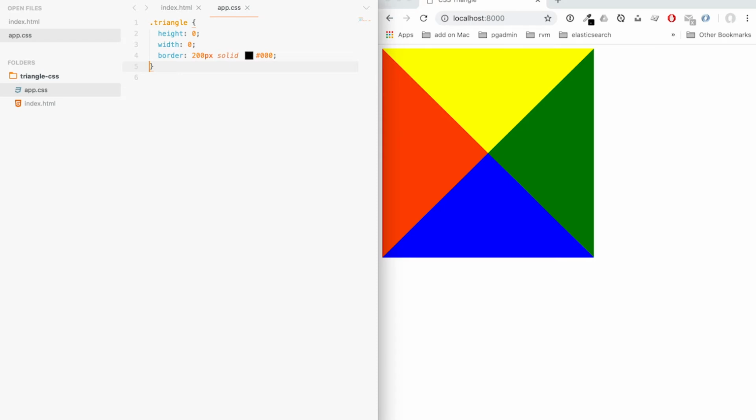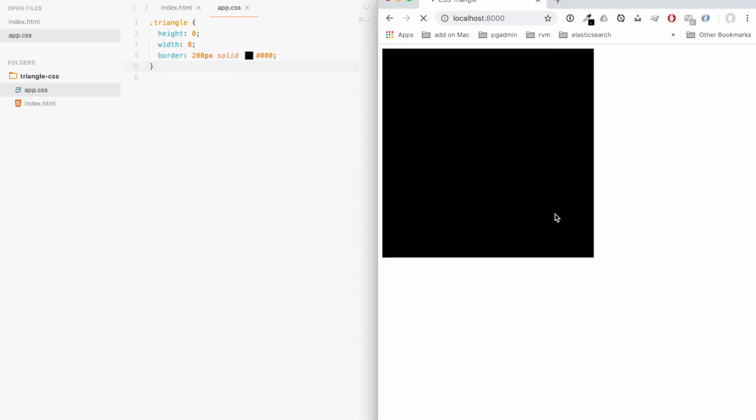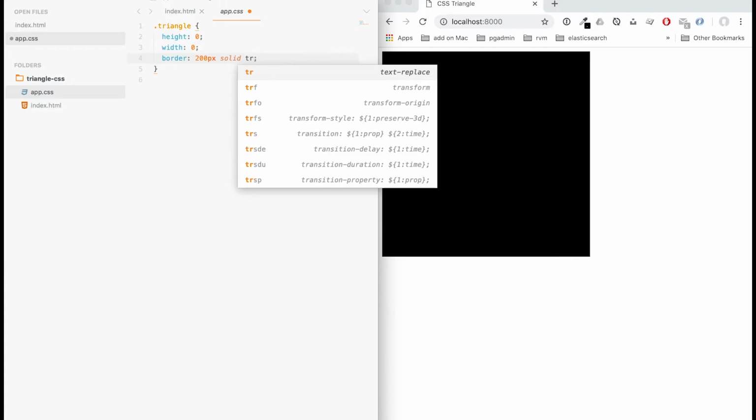So what I have to do? Very simple. I just need to set the color of the borders that I don't want to show as transparent. Or better, I just set all the borders as transparent and I set the color only to the one that I want to show. So let's remove all the colors here and we are going back to our square. From here I just want to say that the border is 200 pixels solid but transparent,